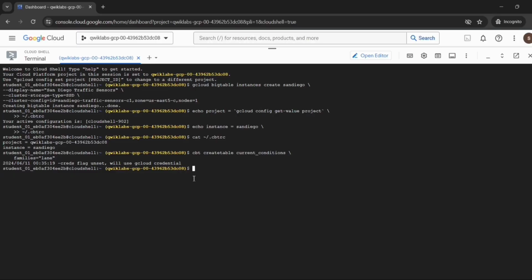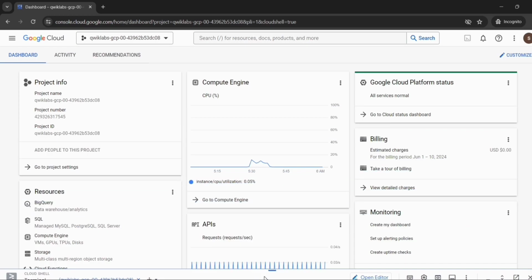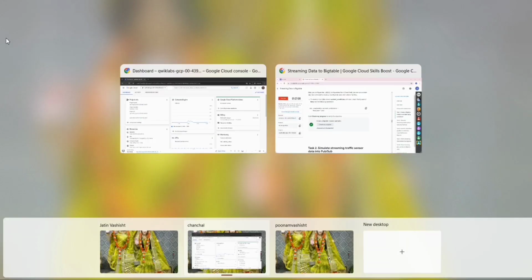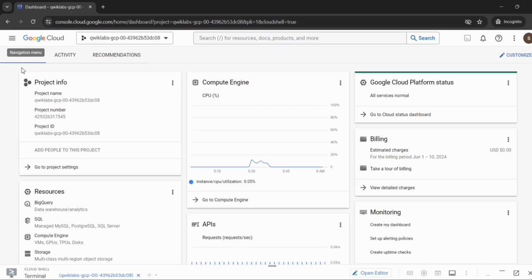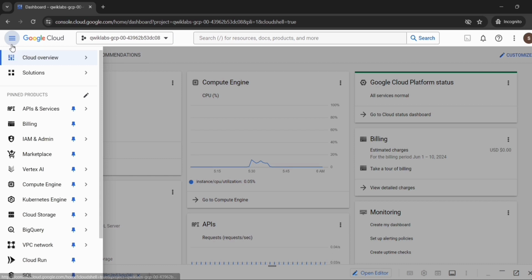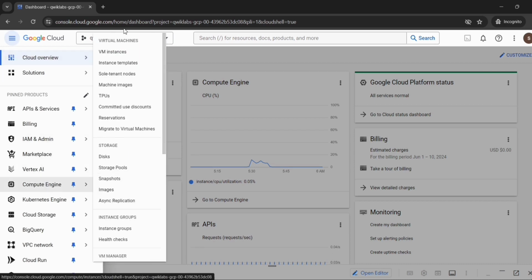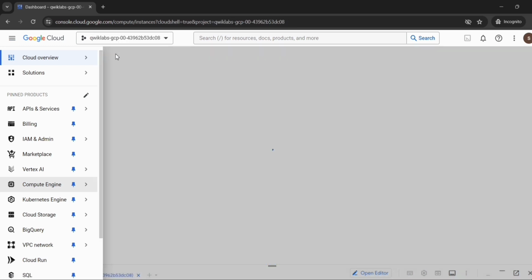Now go back to the lab instructions and minimize the size of the shell. Now go to the navigation menu, click on Compute Engine, then go to VM instances.